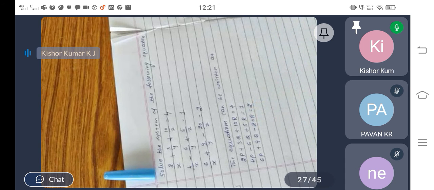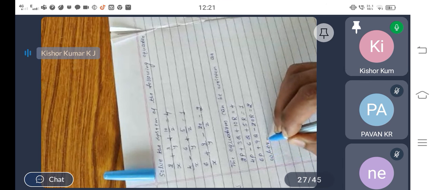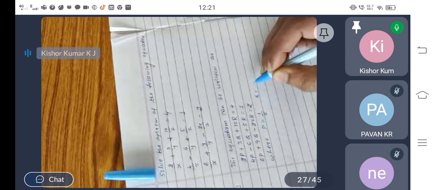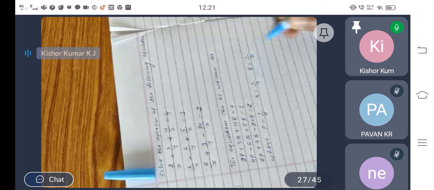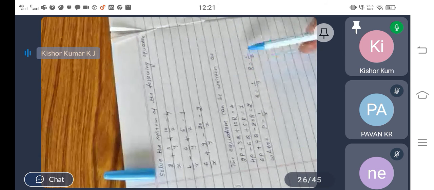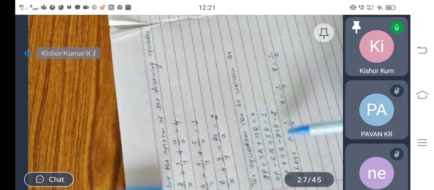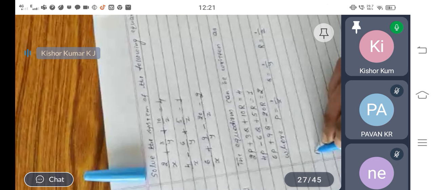So these are the equations I have converted, where p is equal to 1 over x, q is equal to 1 over y, r is equal to 1 over z. You should mention these complete equations. Now we have normal equations only, but instead of x we have 1 over x. To avoid the confusion, I have considered 1 over x in the form of p. Okay, as it is, I will move to the next.